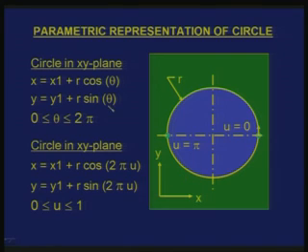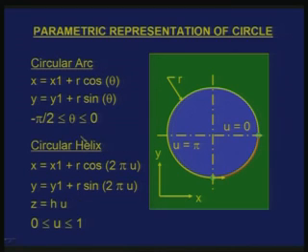This representation can also be used, for example, to represent an arc, which we will see later. Now, generally in a parametric representation, I have a parameter which has a range, like in the case of a circle it is going from 0 to 2 pi, but it is more common to normalize this such that u equal to 0 always represents the starting point and u equal to 1 always represents the end point. So, you try to normalize. The same equations of a circle in the xy plane are written here, where theta has been converted into a new parameter u, where u varies from 0 to 1, which has the same representation. This process is usually called the normalization process in representation of curves and surfaces.